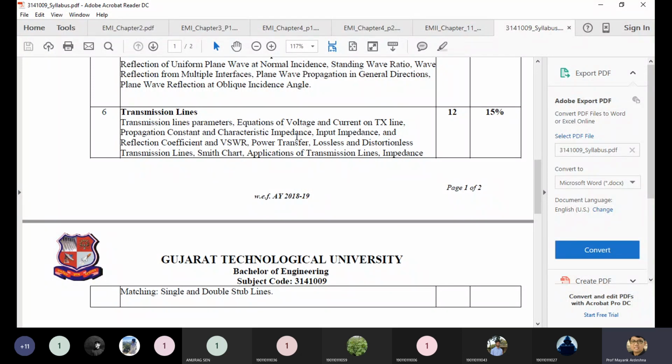This chart is very useful for matching with any particular device, and this chart is called the Smith chart. So we discuss how we can find the different parameters related to a Smith chart. And the last one is the single stub line as well as the double stub line, where some circuit is given to you and someone asks you to find the matching related to some components. Matching means you require some RLC components, resistor, inductor and capacitor, in such a way that the impedance of the overall circuit will be matched with either your transmitter circuit or the antenna.